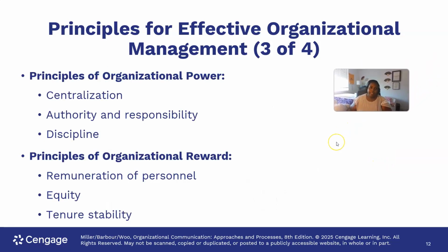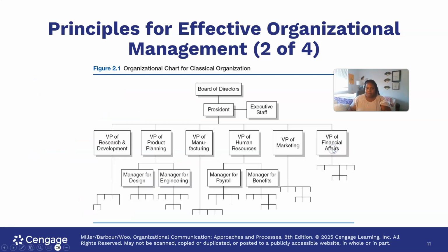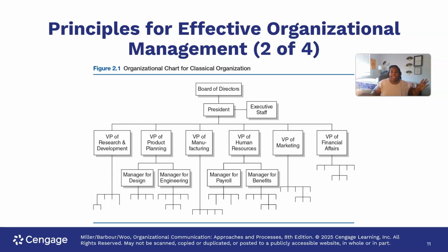All right. So some overarching principles of organizational power and organizational reward is that we have centralized power in that previous org chart. We have few people at the top, and then let me go ahead and just show it to you again. Going back and forth here. We have few people at the top, but as we go lower in the chart, there are more people handling the task. So that's that centralized power idea.